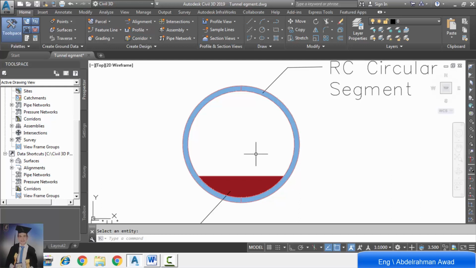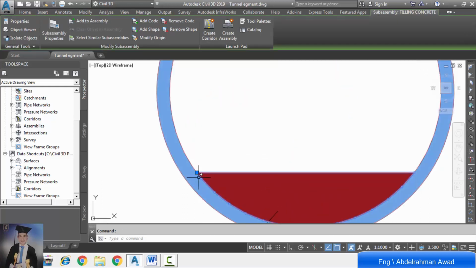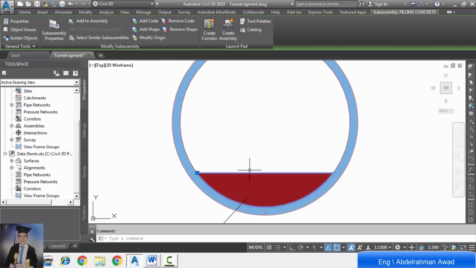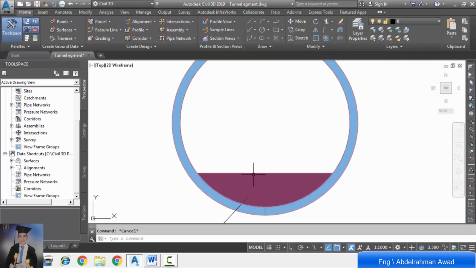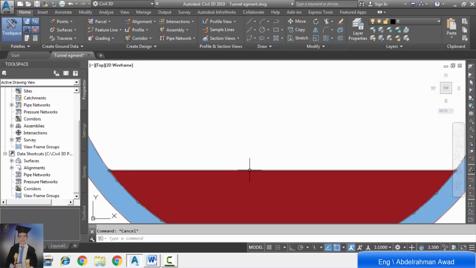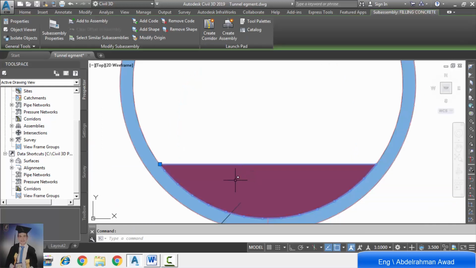Now we will do filling concrete. It is the origin of filling concrete. We will transform it to the center of the circle. So we click the filling concrete sub-assembly, and click modify origin.